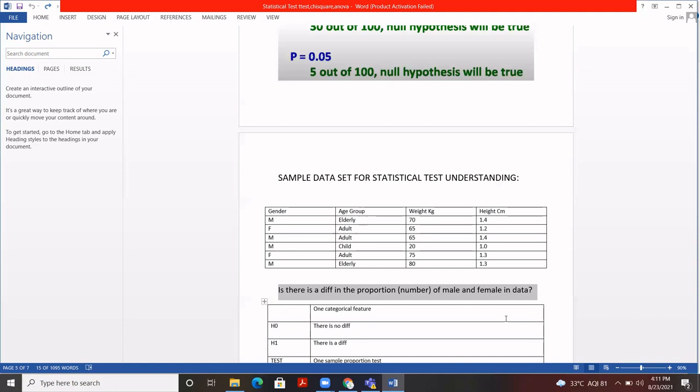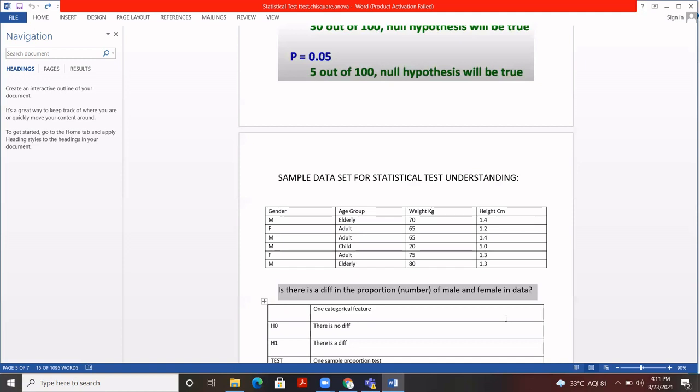If you require one column, or one feature, or you can say attribute, whatever you want to say, these are all similar terms. So we are going to apply a one sample proportion test on that. If your data is categorical and only one column is involved, then after deciding a null and alternate hypothesis, here our null hypothesis is there is no difference, and the alternate is there is a difference.